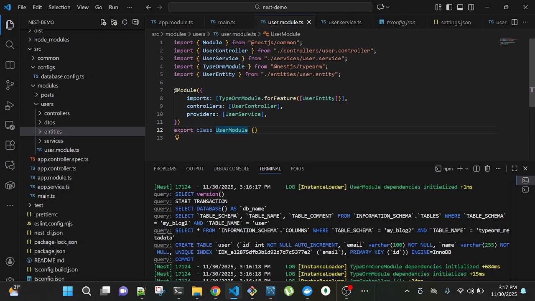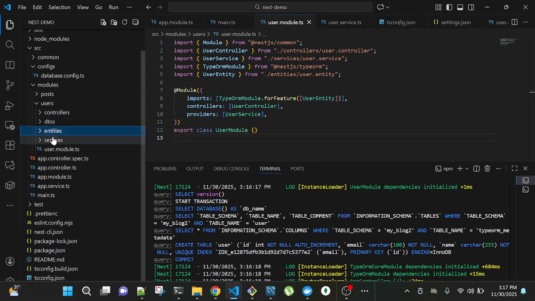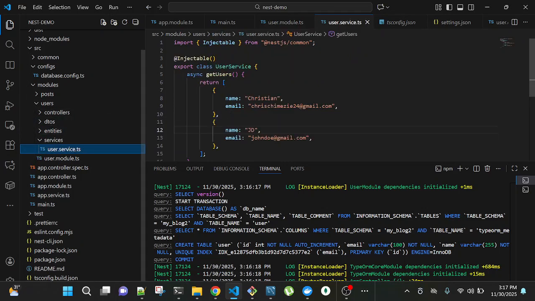So now let me create, let's do this user, now that I'm just hard coding. Let me fetch it from the database. Right, but we don't have anything in the database, so we're going to return 0. But let me just do that for demonstration's sake. So now we need to import our user entity and create a repository for it.